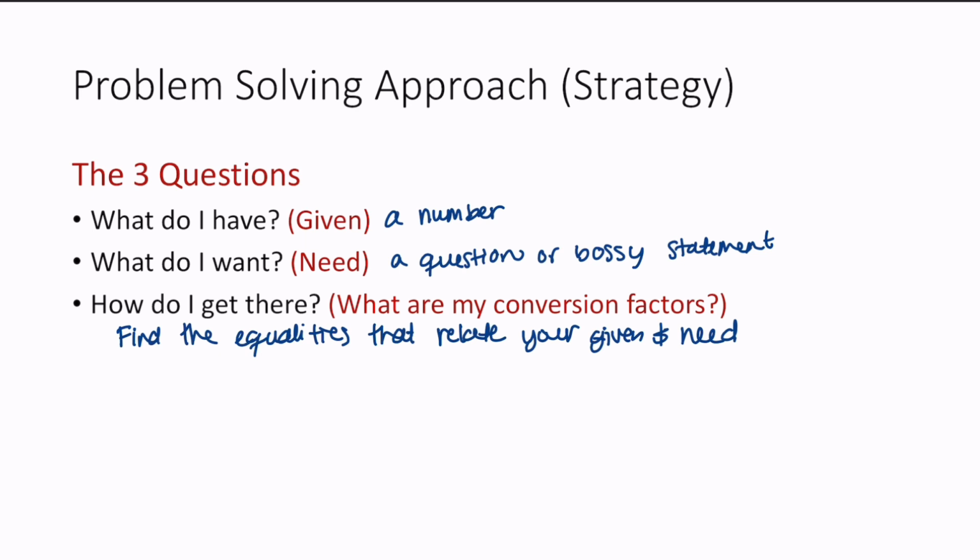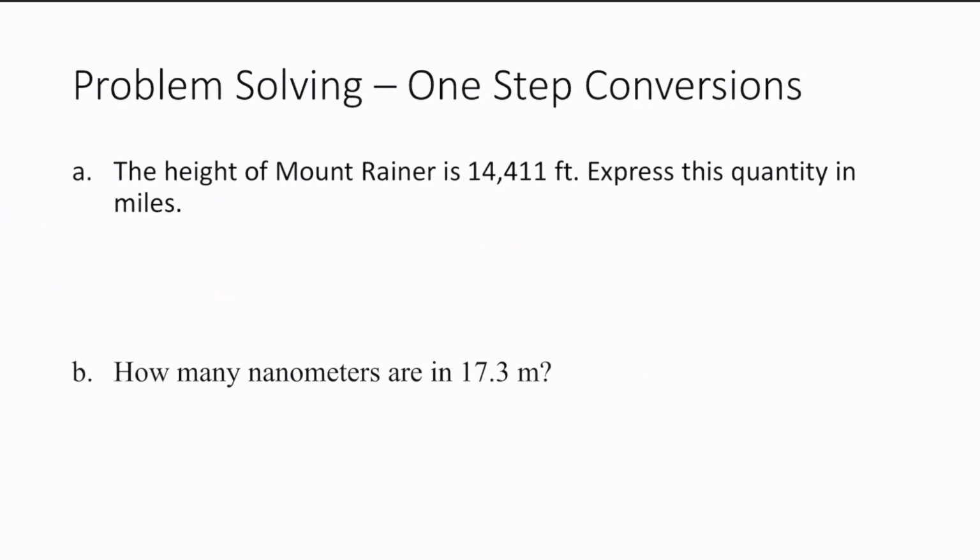All right, let's dive right into this with some practice. The height of Mount Rainier is 14,411 feet. Express this quantity in miles. So the first thing I ask myself is, what is my given? Notice that this problem only has one number, so that number has to be my given. So my given is